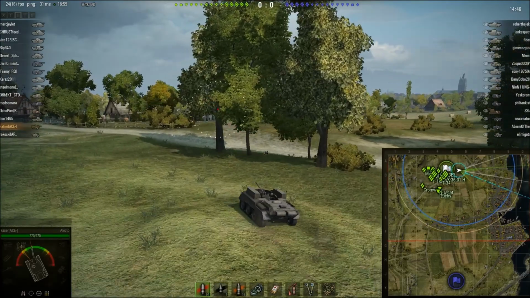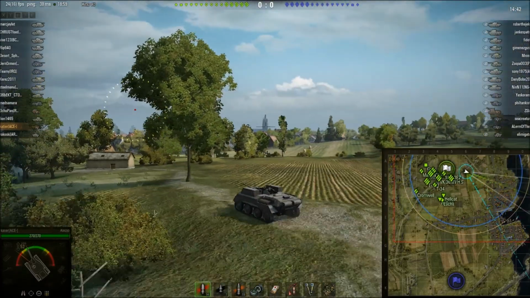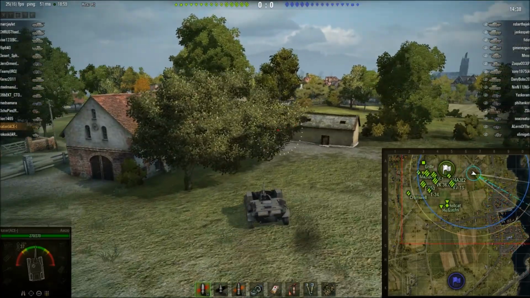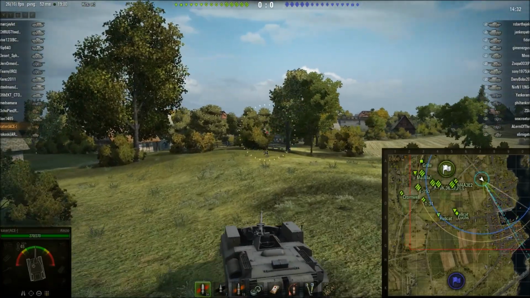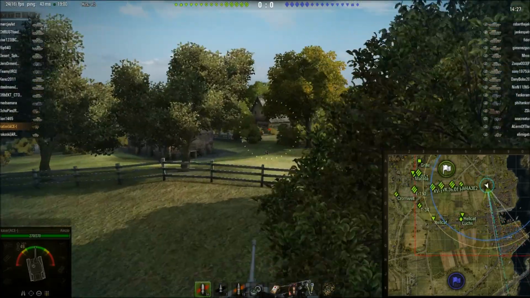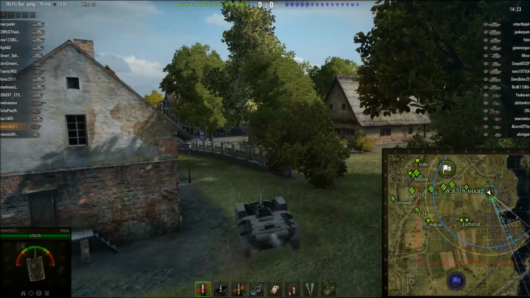I'm going to go south, not southeast. The reason being, I just prefer fighting on this particular map in the village. But as a tier 4 tank, I'm taking a bit of a risk. But I've decided to be quite aggressive. I'm going to try and use two things to my advantage here. One is my view range, and the other is my camo rating,